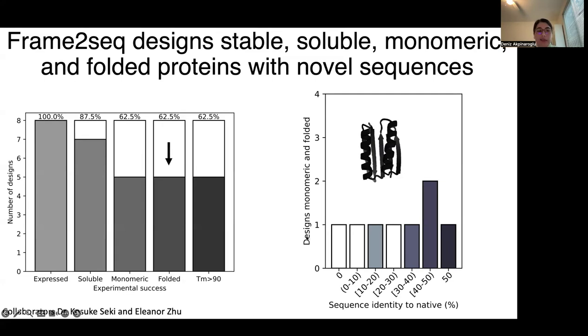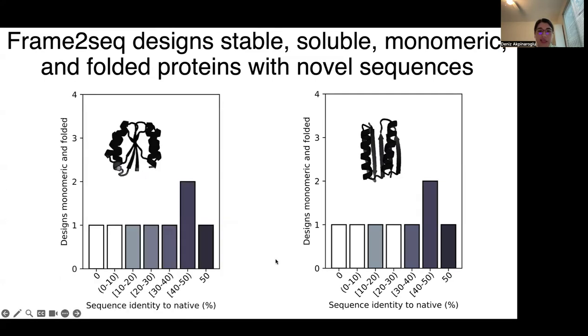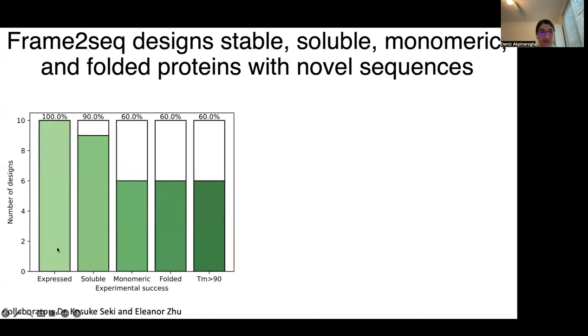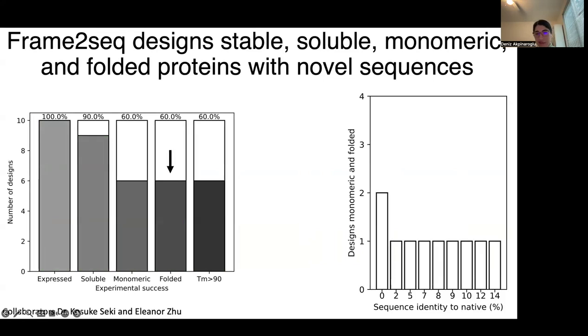And at this point, we thought, okay, so clearly the challenge here is that you can't get anything to be below 10% and be stable, soluble, monomeric, folded. And that was until we tried this a 3rd time. So there's a new set, and there are 10 designs in this set. And we got a 60% success rate with this. So once again, if we look at what is successful for these 10 designs,